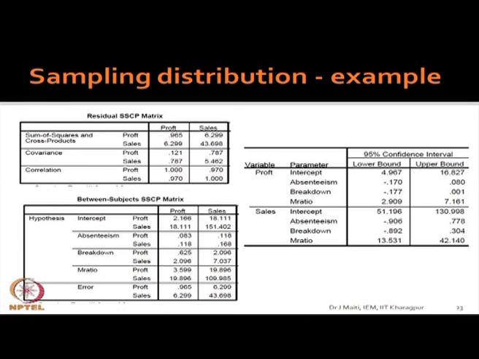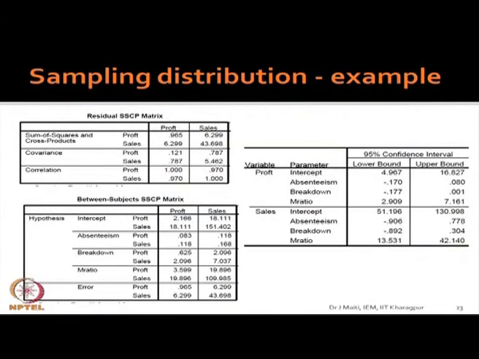Just check, because I have not checked this by hand calculation. You just check for one: the SSCP matrix is available, your X transpose X is also available, the inverse is available, and you know n and p, everything is given. I ask you to check what confidence bounds you are getting, that interval part, and I think you will get the same. It has to be, if I am not making a mistake in the theory.